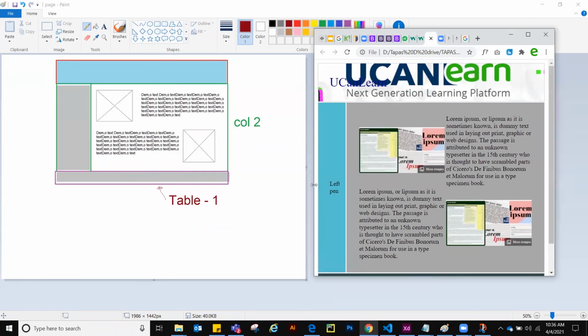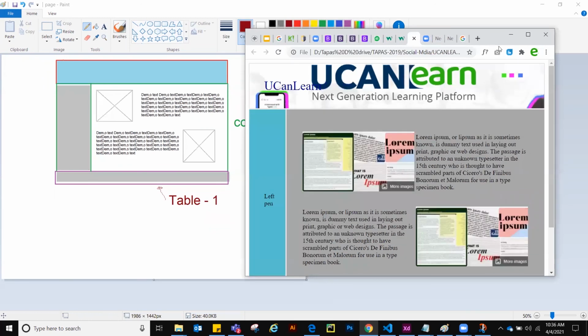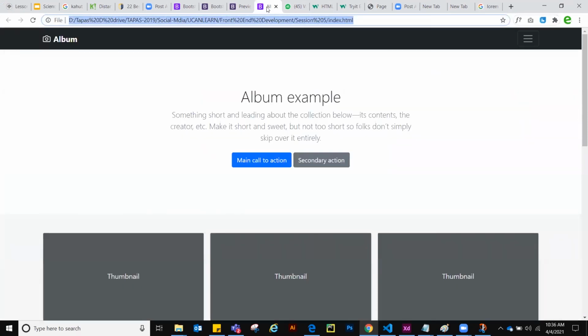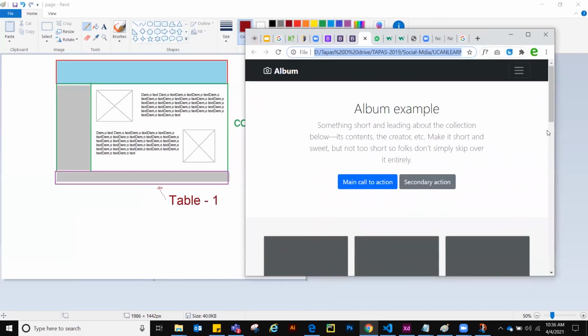Why is our page responsive? Because we have used percentage. But in real life, you don't need to do anything. Everything is done in these CSS frameworks. So you can create a very interesting page very easily and quickly.